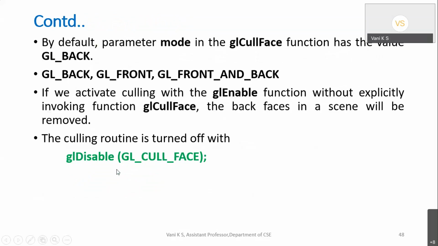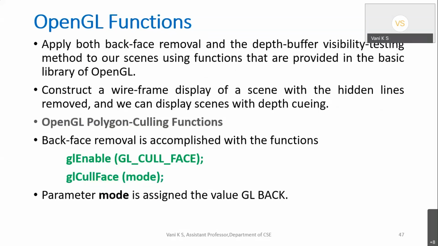And you know that in OpenGL, whatever functions or parameters you have to enable should be done with the GL enable function only. Then you have to tell this constant. You know that in OpenGL, all constants are written with capital letters. This is a constant from the GL library, GL_CULL_FACE. So what are you telling? We are telling OpenGL to enable back surface removal or hidden surface removal. We are telling OpenGL to activate this.